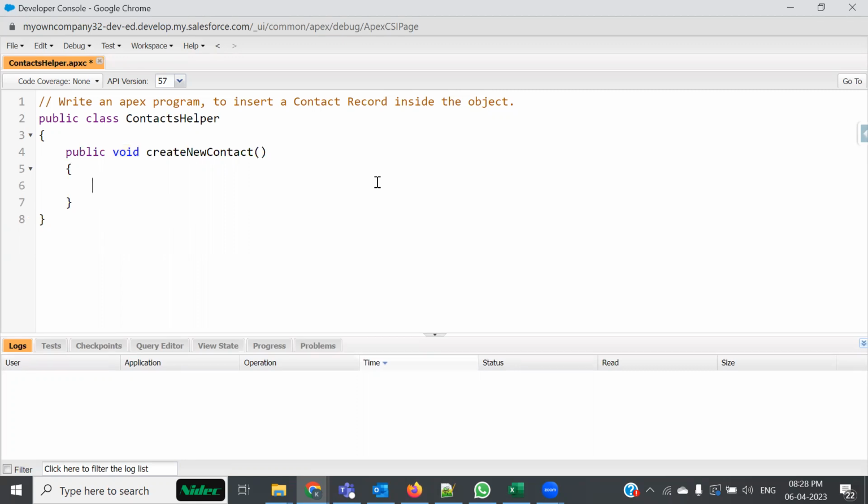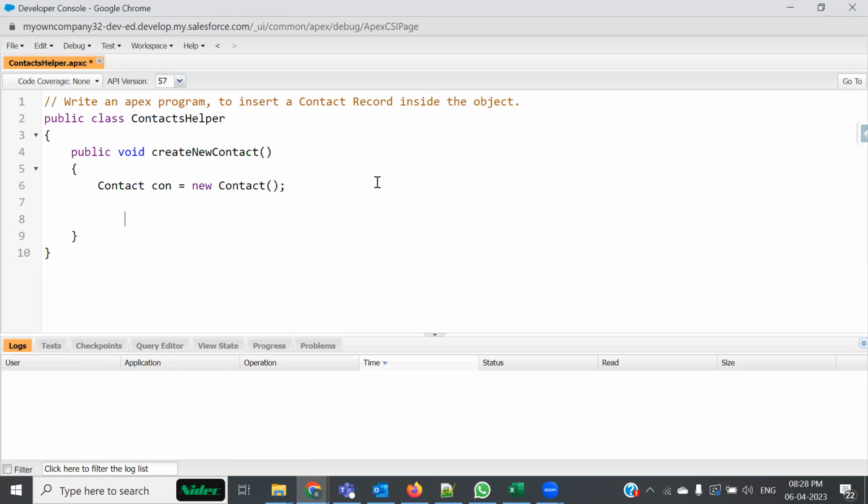All right, so I wanted to insert one record of contact. So I first of all would require to create an object of contact class. So I'm creating Contact con equals to new Contact, making this a default constructor. Now what I just have created is an object called con, and now you're going to see one